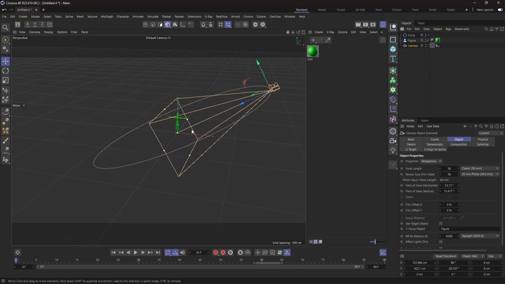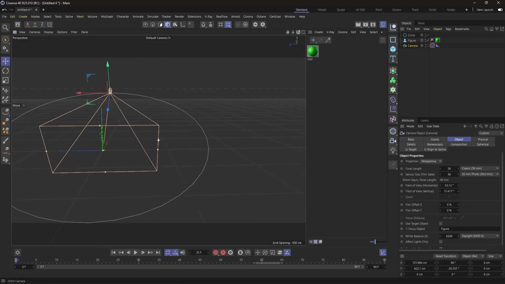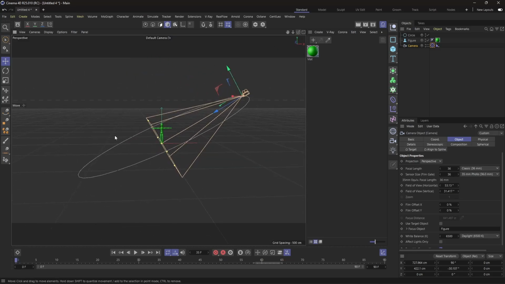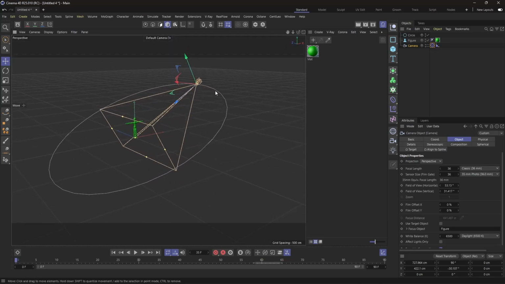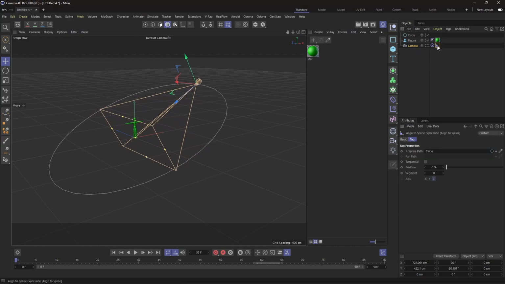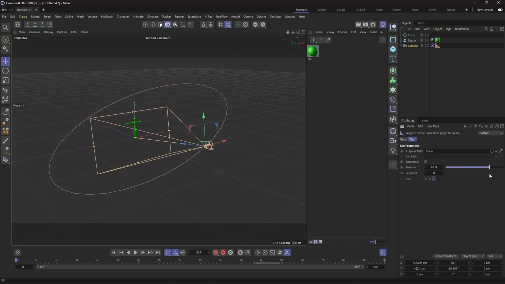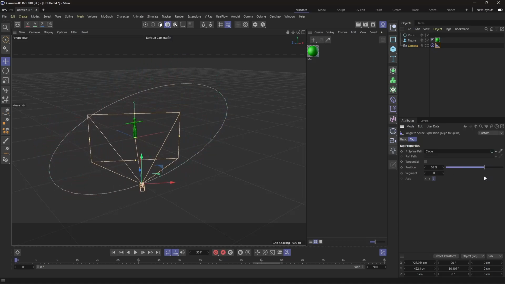Okay, so now it's there, so you will see now that our camera is actually targeting our figure. Now we can use this spline, align to spline, to animate the movement of our camera. So we can actually do it like this. By default I want to start here around 66%,